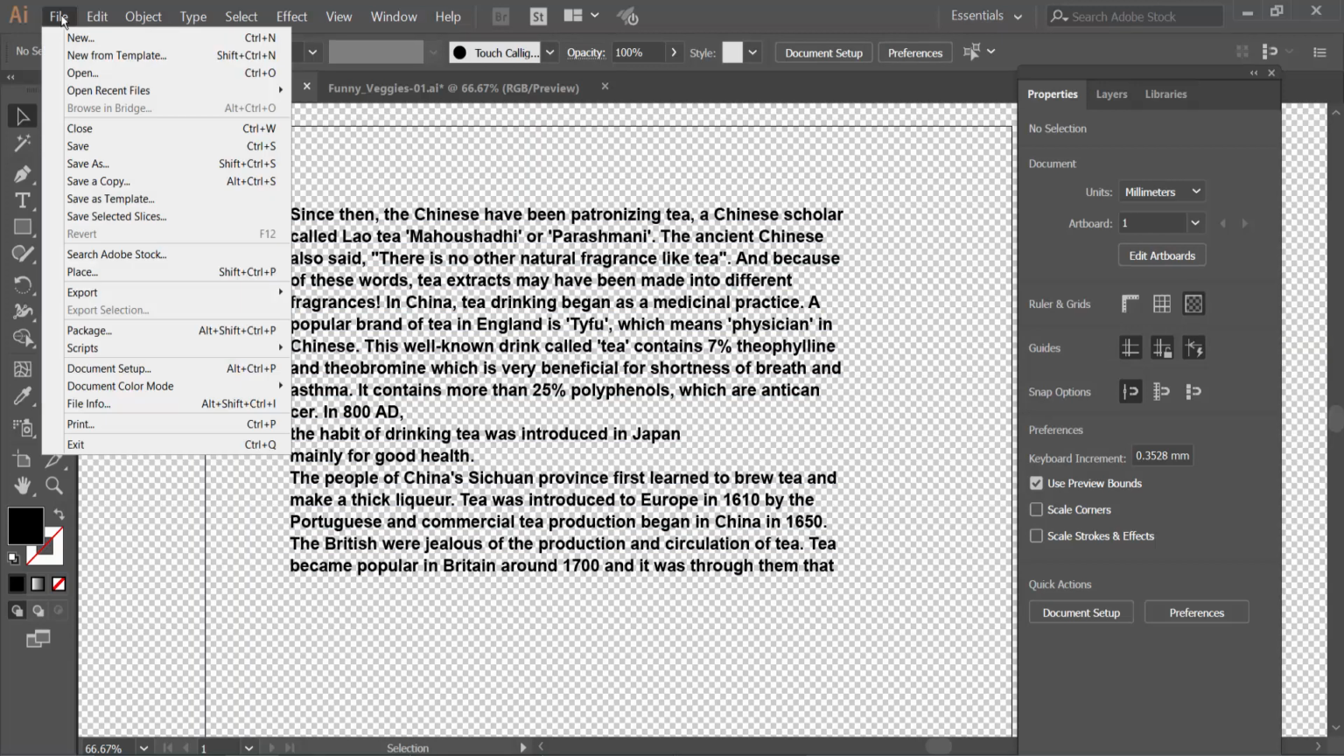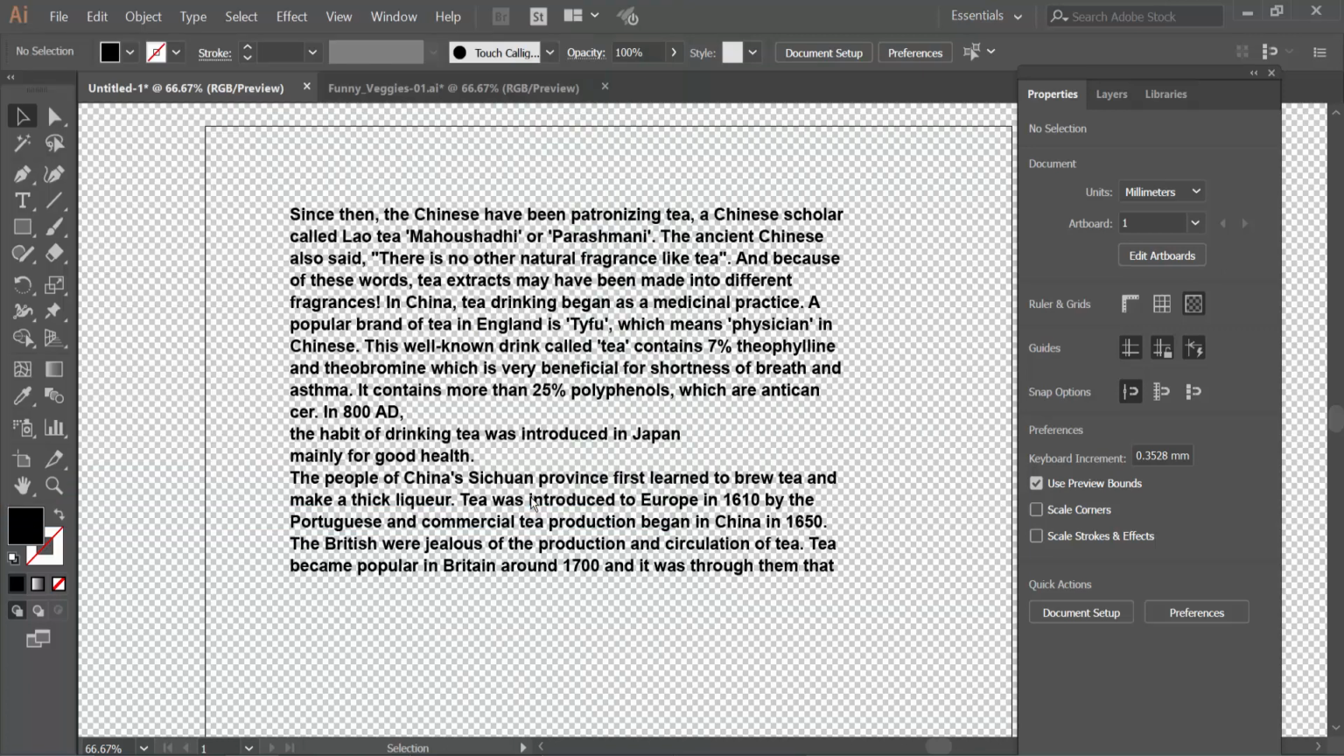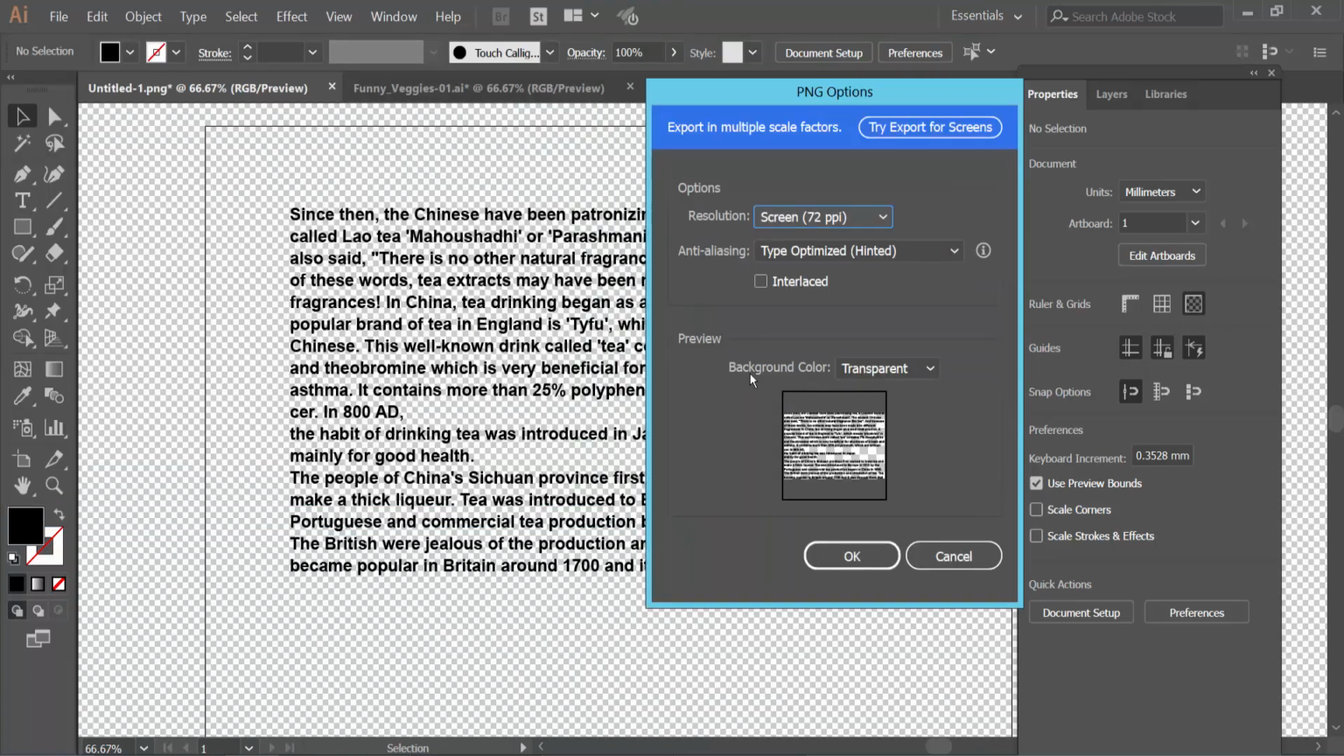Now select the File option. Click the export option and save as, and select PNG here. Choose desktop, export. Now select here background color. Already selected transparent, also you can choose white, black. I will choose transparent. Now simply select OK